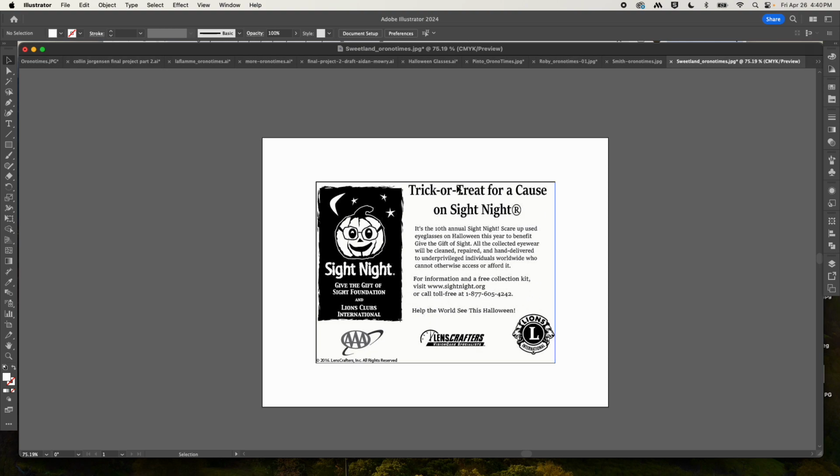And then lastly, I might play around with maybe some more playful fonts if you would like, because it is a Halloween ad technically. You can get a little bit more creative, I guess, for lack of a better word, with some more playful fonts at the top, even with just the trick or treat. And if you had For a Cause on Site Night on one line underneath, and had trick or treat larger. But again, don't be afraid to play with fonts for headlines, because usually they're pretty big